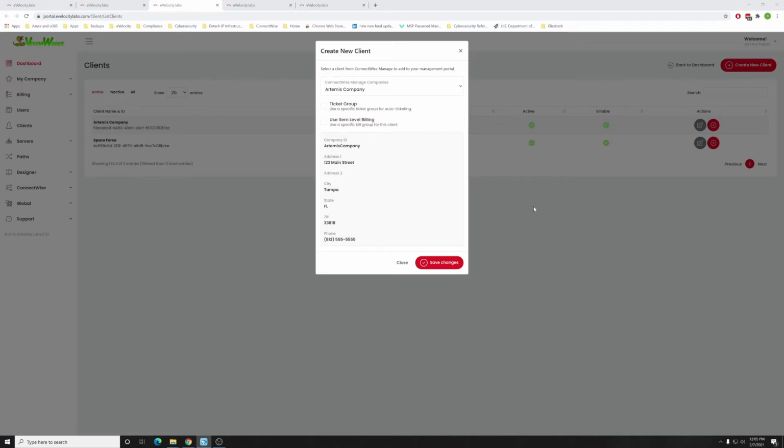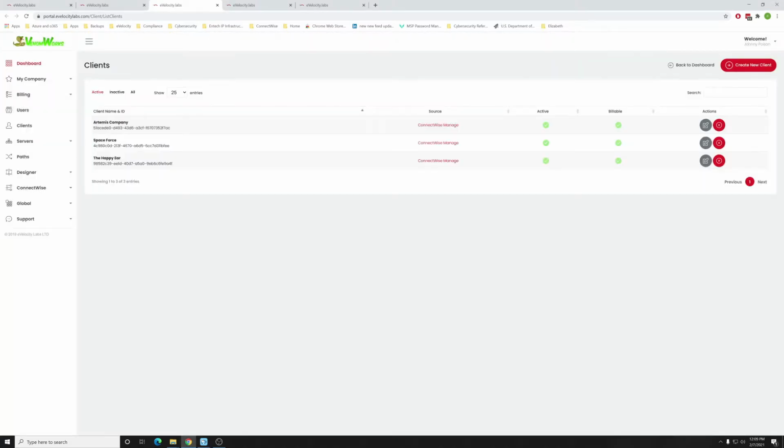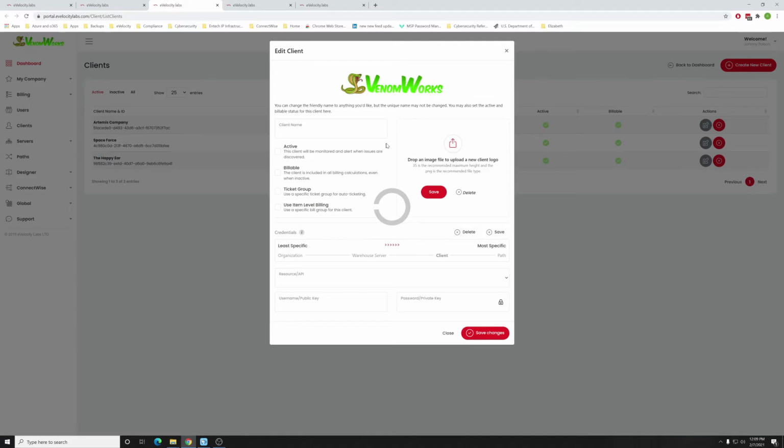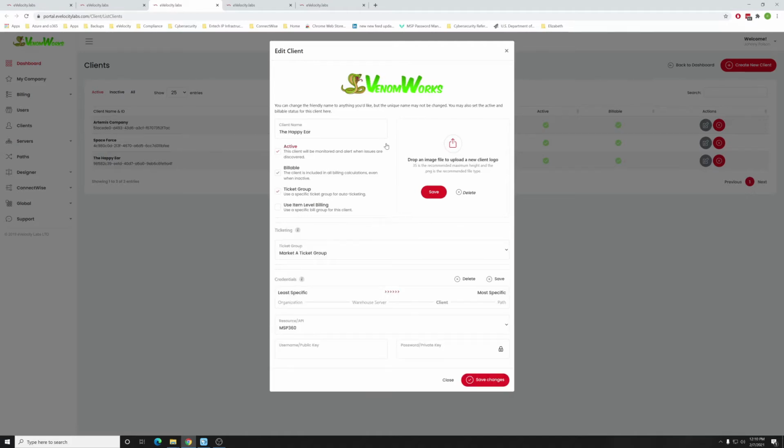I'm just going to create a false company with everything we need. Okay, so in full disclosure, I have added in another company, the Happy Ear, and along with that company, I added a warehouse, a path, and a managed server, so we can get the full range of tickets created with auto ticketing. And I put, just to show you, I put this client, the Happy Ear, under the ticket group